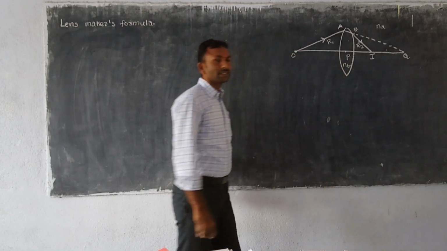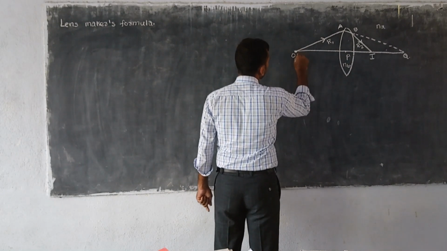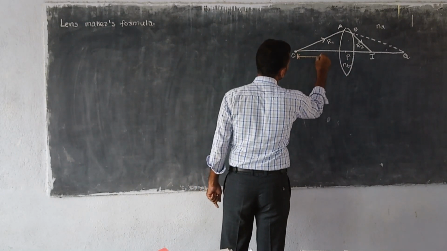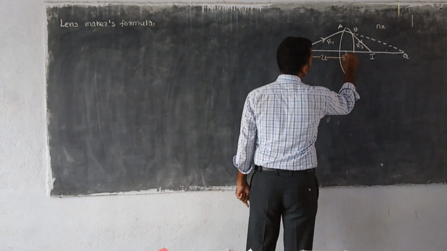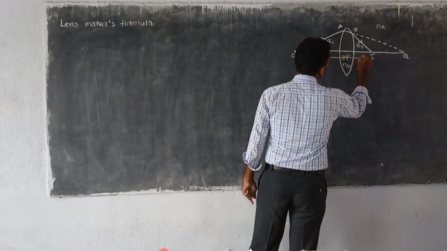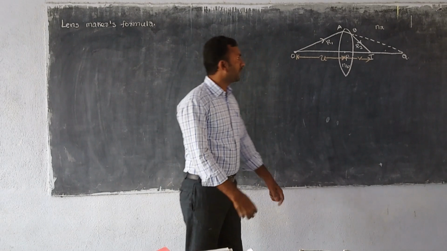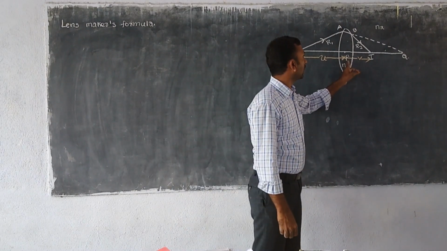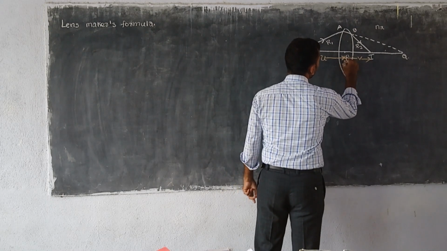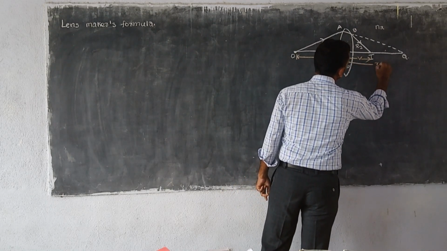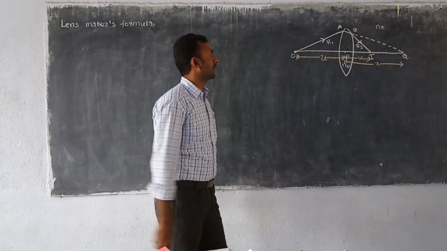And we have some values here. Where is the object distance? The distance between P and O is the object distance U, and the distance between P and I is small v. We don't have the value of the distance between P and Q, so just think the distance between P and Q is x. This is about the picture.